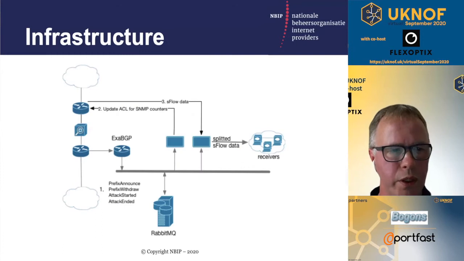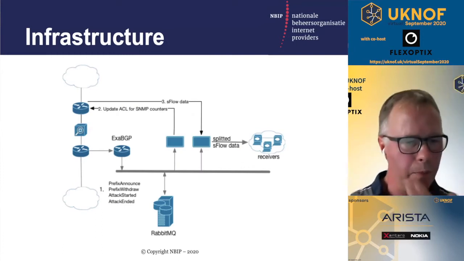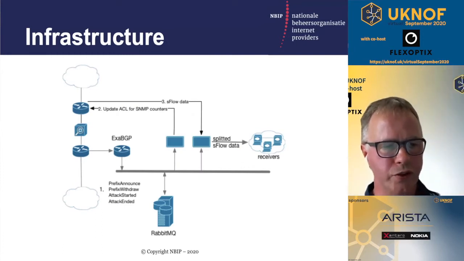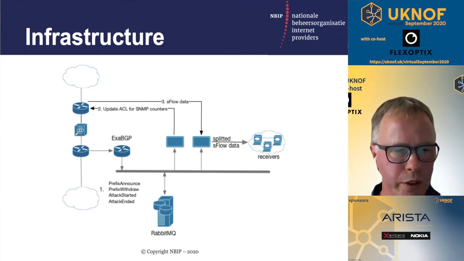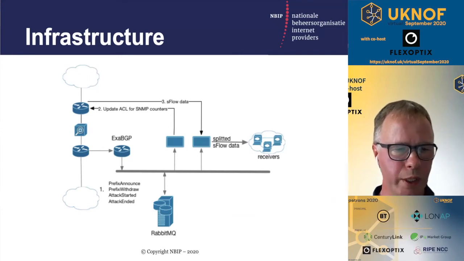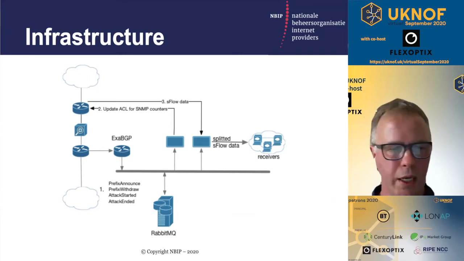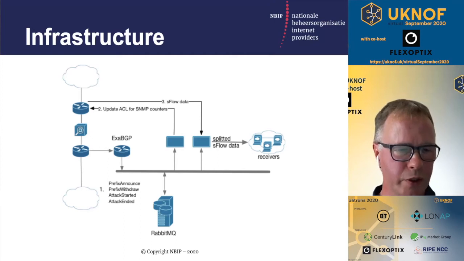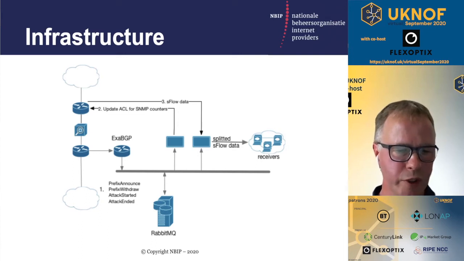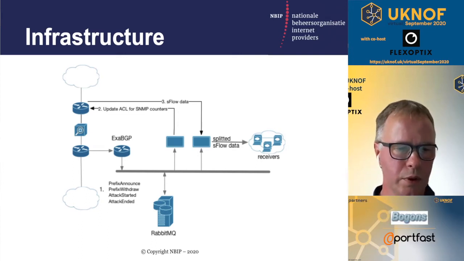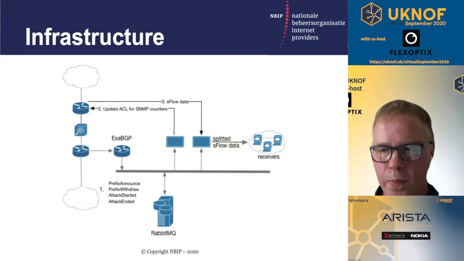Right, and here's our infrastructure as we do it now. And the key element here is to separate this reporting and monitoring aspect from the infrastructure by means of the exabgp. And that handles the BGP advertisements on one side and pushes messages to the RabbitMQ server on the other side, and then we can do all kind of things with the messages we receive or we got there.